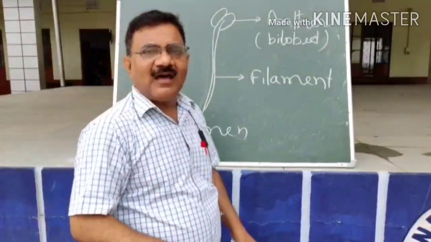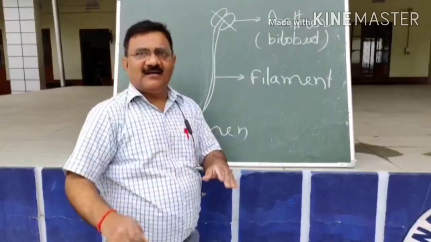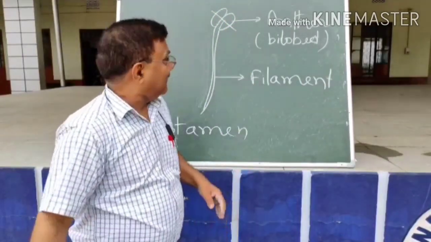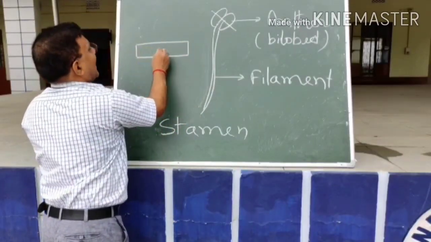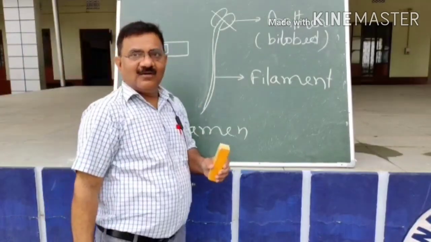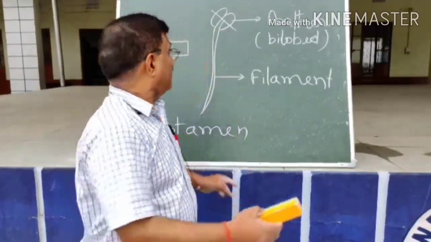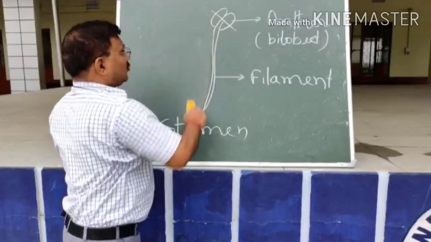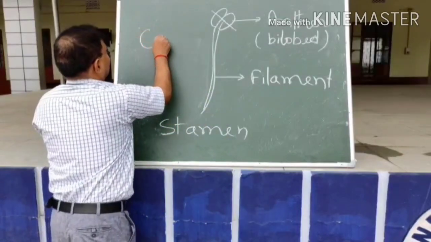If possible, I will show in the biology lab. Let us cut it. From here, I have cut one section made, and if I put it on a slide and observe under a microscope, or if we cut it, how will it be seen? This two lobed anther is there, four chambers will be there. See here.